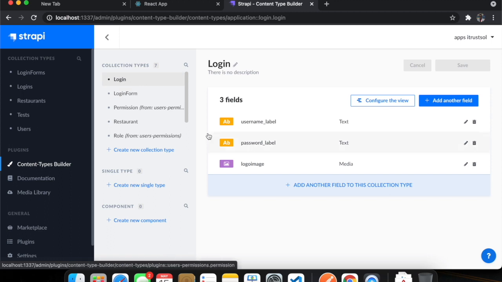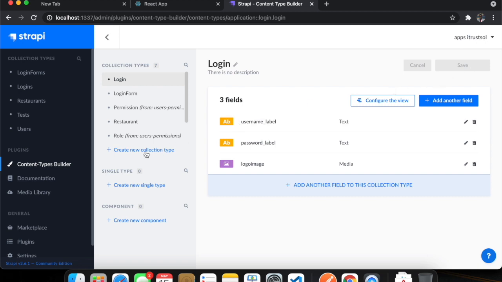Within the login component, you have a username label, password label, and logo image, which will be used within the web login form so you can customize them. Once you click save and publish, this will get published.